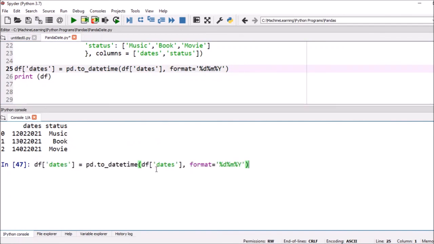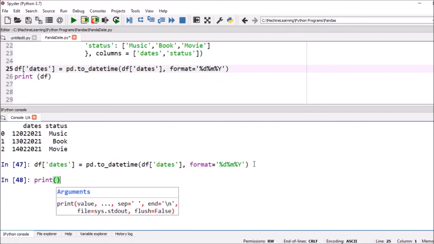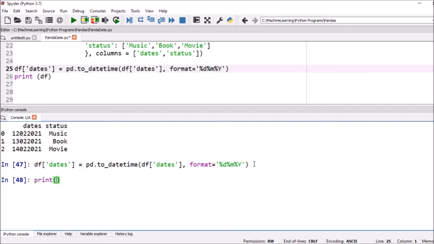We have to convert these dates using to_datetime, and the format should be day, month and year. So practically it is day, month and year format. So we can execute it, and once again we can print it. Now if you print it, now you can check.